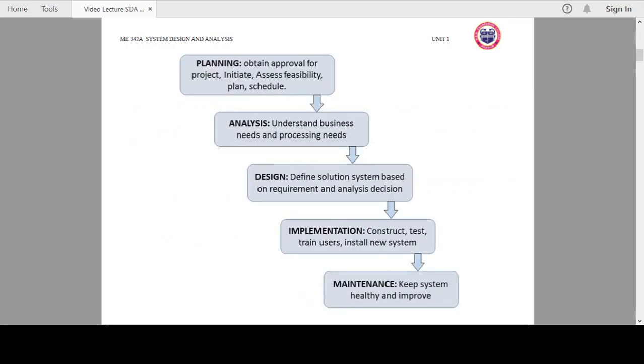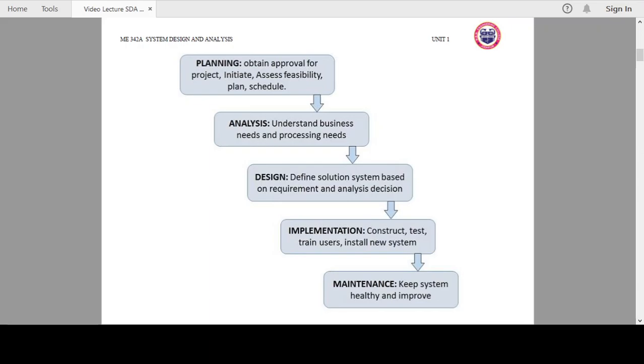So let us start with the basics of system development life cycle. It has five different phases: planning, analysis, design, implementation, and maintenance. This we have discussed in a particular lecture for Unit 1. Planning includes the project assessment and feasibility study. Analysis includes the needs and processing the needs.